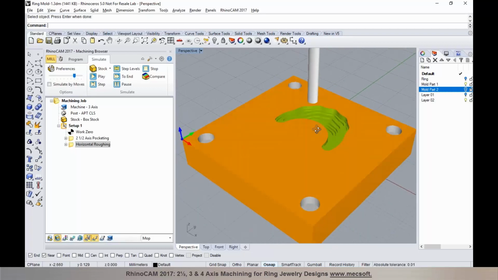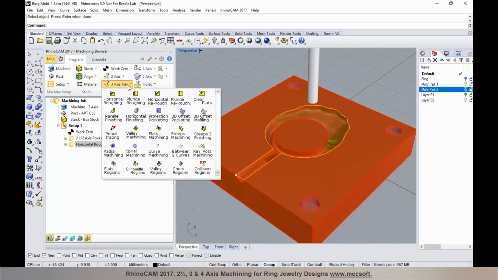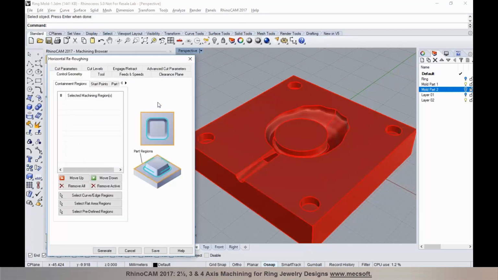Now once the roughing operation has been programmed, I'm going to switch back to the program tab from the simulate tab, and we'll add a re-roughing operation, so horizontal re-roughing. Now the horizontal re-roughing is part of the advanced 3-axis module, which is available in pro and premium configurations. So if you are running standard or expert, if you'd like to get some of the advanced features, you're welcome to call us, and you can find out more about how we can upgrade to the pro